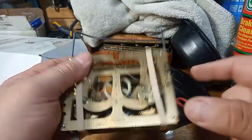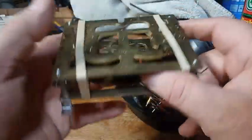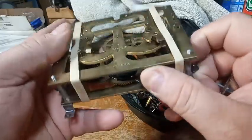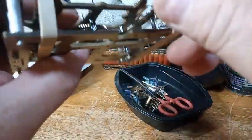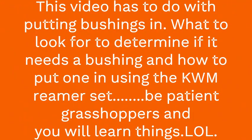Yeah, I got the plates together. I'm using the rubber bands. That way I can spread the plates apart to help me access a third hand. I got the time side great wheel, second wheel on, and you can see it spins